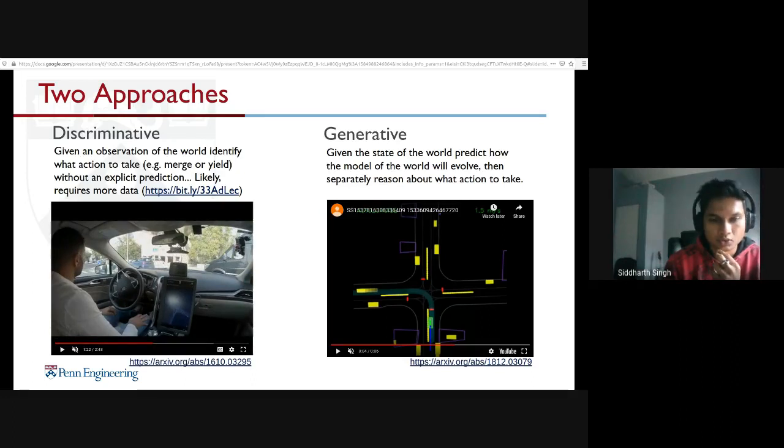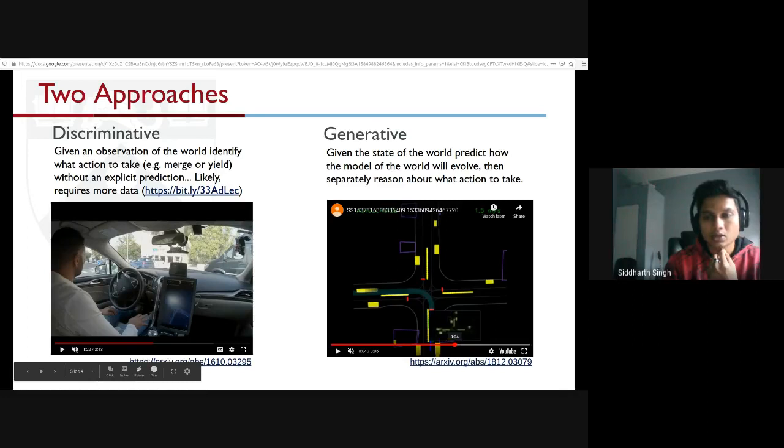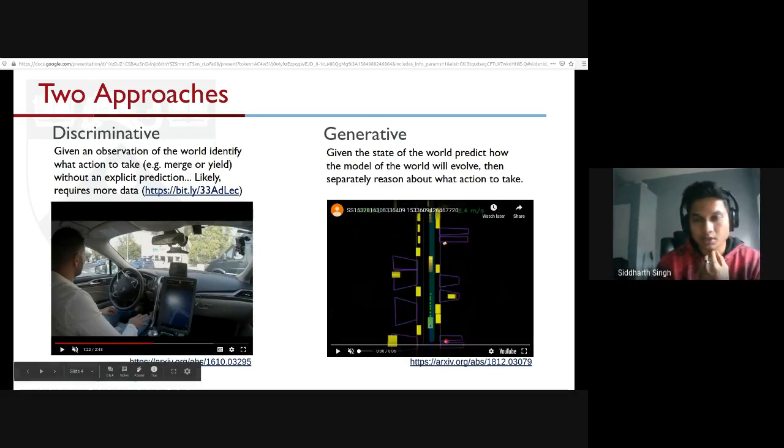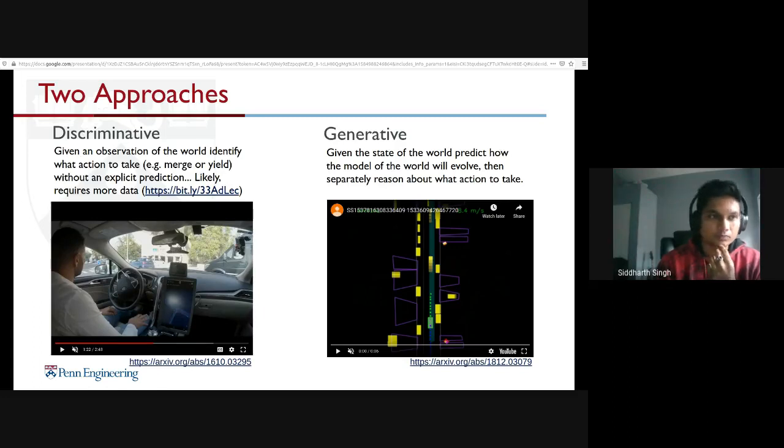The paper which goes with this is here, if anybody wants to take a look at it. On the other hand, the generative approach works on the entire environment that the vehicle is seeing. For example, this is a very intuitive understanding of what goes on in a